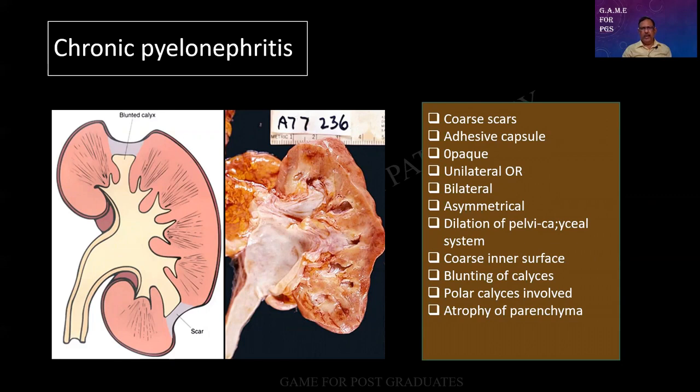It can be unilateral or bilateral. Unilateral, one example is if there is going to be a renal stone in the ureter on one side, that can be. A tumor that is impinging on one ureter, that can be a unilateral pyelonephritis. Bilateral, when the obstruction is going to be lower down, chronic prostatic hyperplasia, posterior urethral valve, etc. And whatever be it, it is asymmetrical. Dilatation of the pelvic calyceal system. There's a coarse inner surface, blunting of the calyces, polar calyces are involved, and there is atrophy of the parenchyma